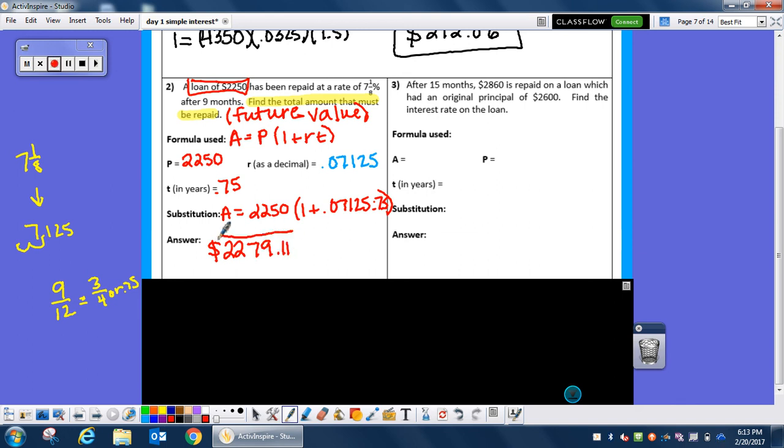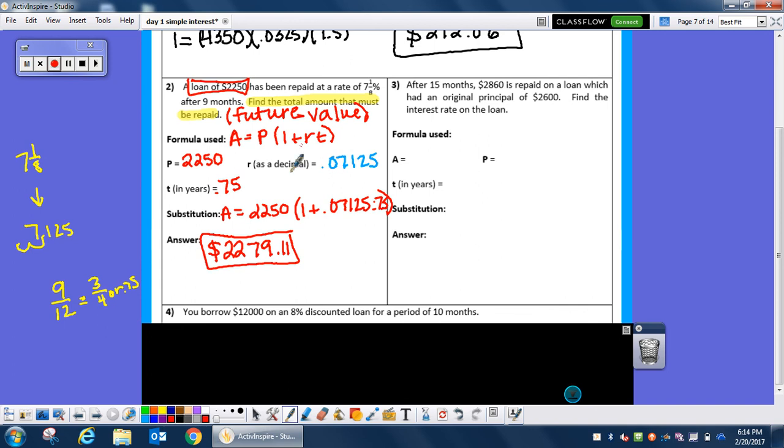$2,279.11. So in order to borrow that amount of money at that rate for that amount of time, the total you end up paying is $279.11. If you wanted to find the actual interest,